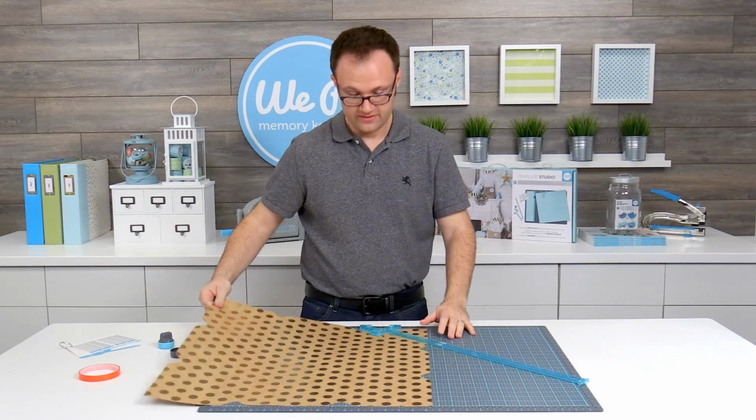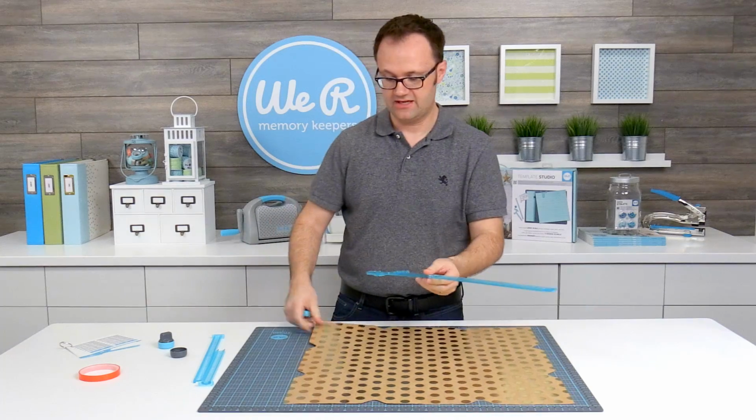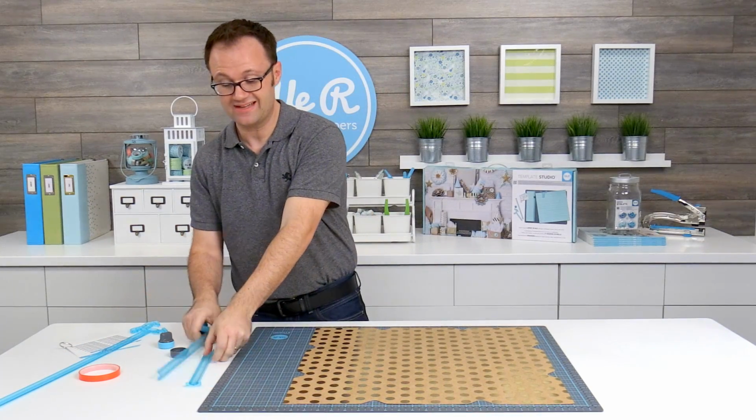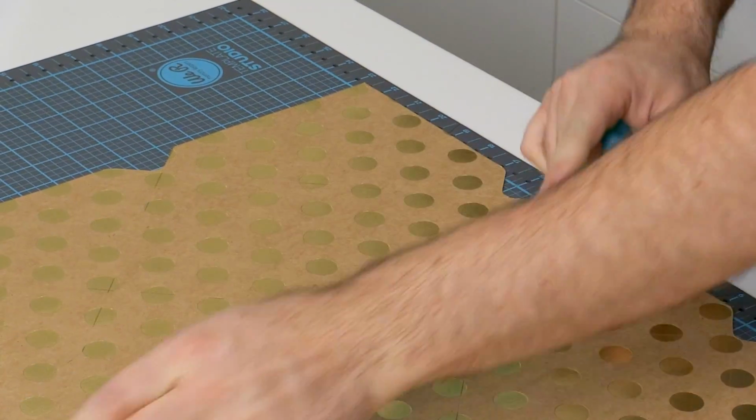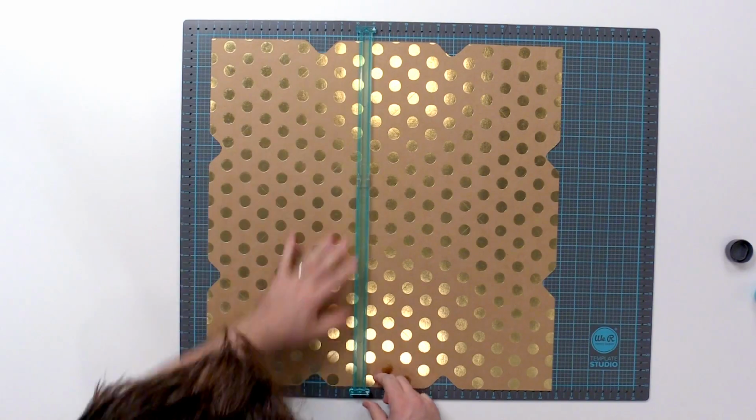Okay, there we have it. There's all of our score lines done. Now we need to do one last set of score lines, and we're connecting A and B together again. Referencing our instructions, it says to align our arrows at 11,